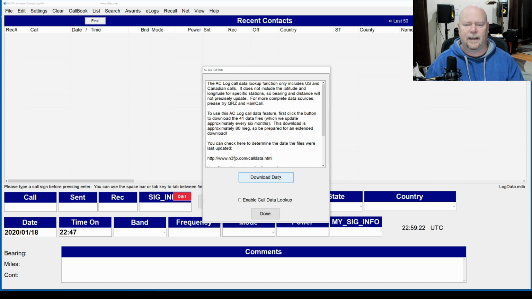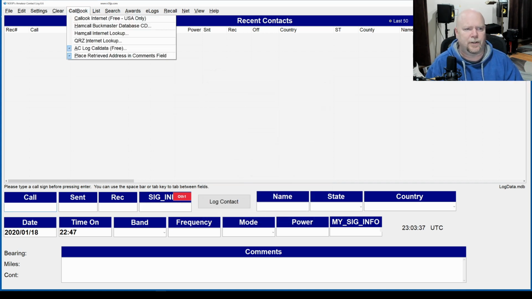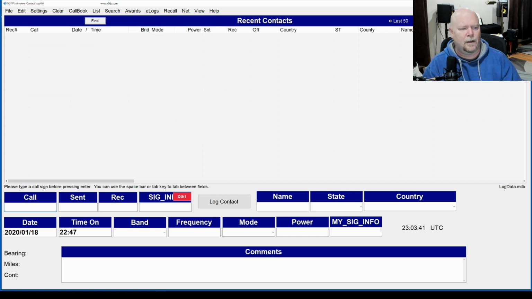Come in here, hit the download data button. You need to do that once a quarter, once every 4 or 5 months, something like that, to keep it up to date. But at least do it once, and then once the download is done, click this Enable Call Data Lookup button. Alrighty, and with that enabled, and just for nothing up my sleeve, none of the other ones are enabled, if I come down here to the